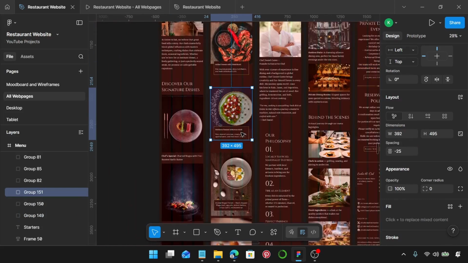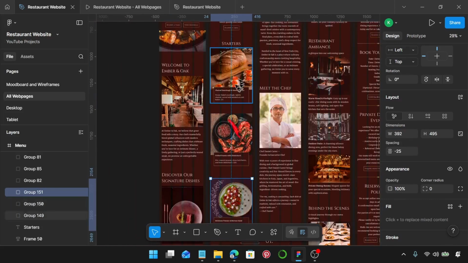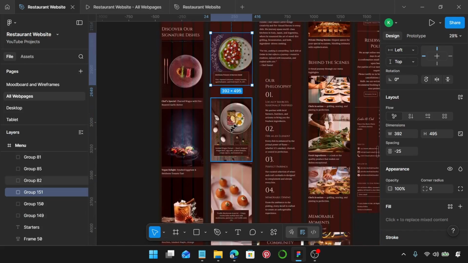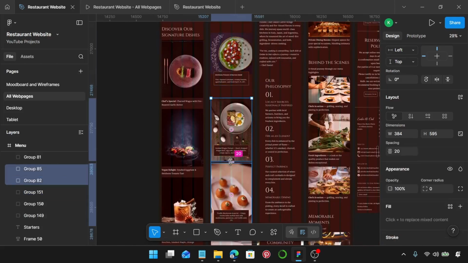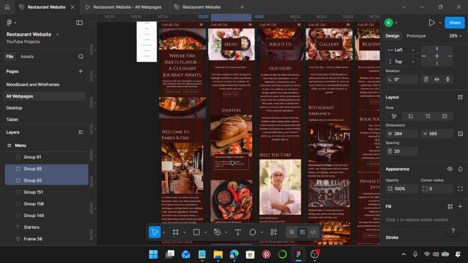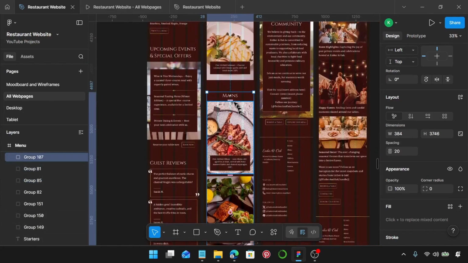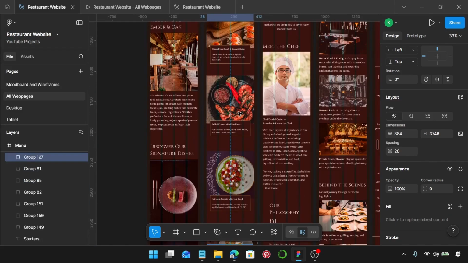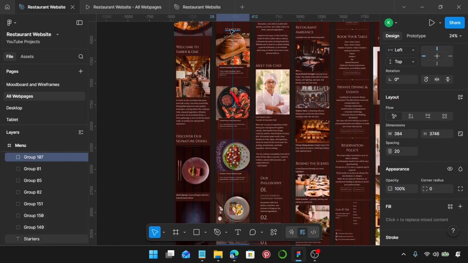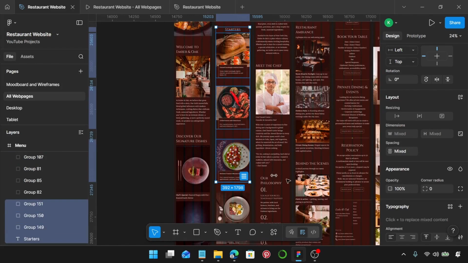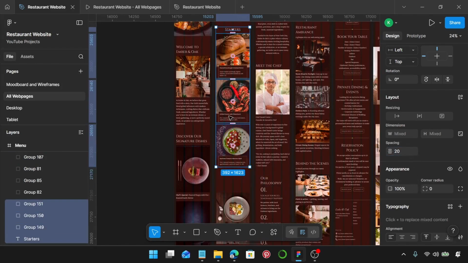When you are done, just maintain the same spacing you had originally in the design. So we had 20 here, so I believe the spacing between items is 20 across the board. So what you just do is select all of this and then make it 20. I know that it's quite a bit,